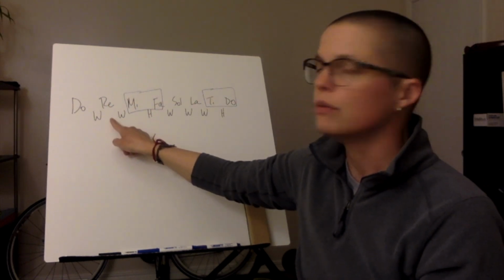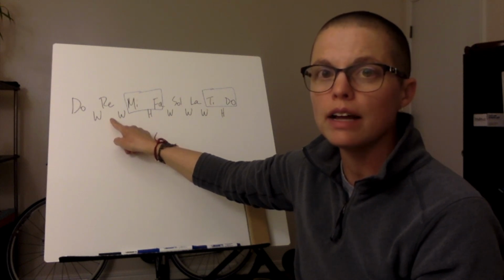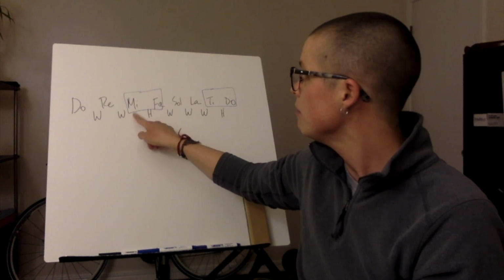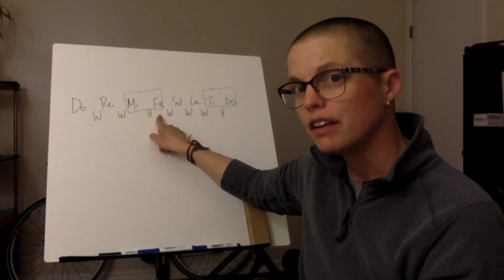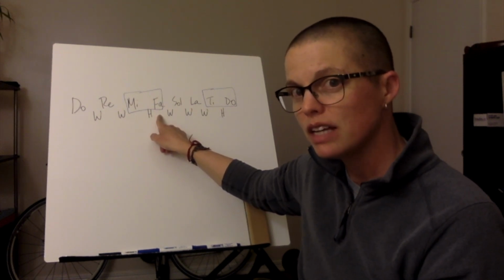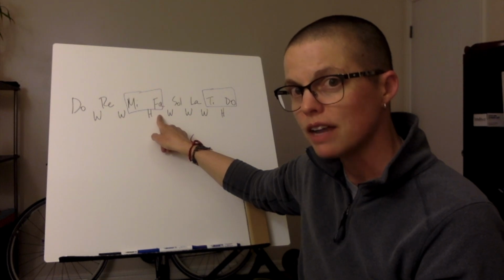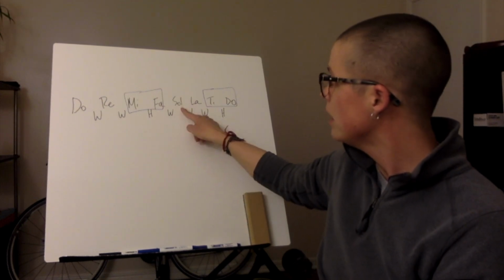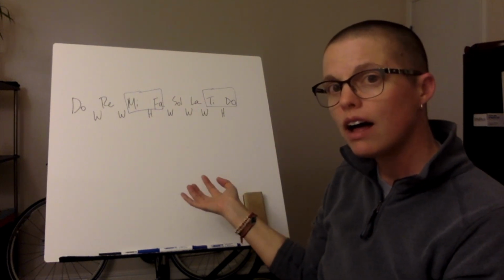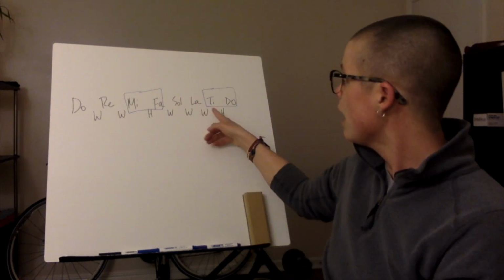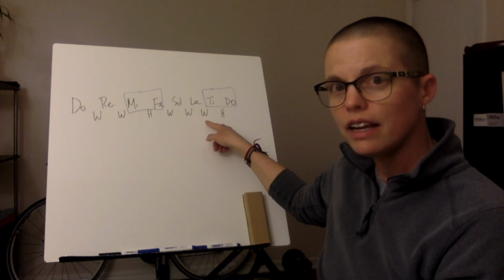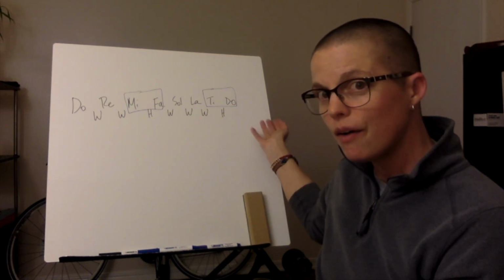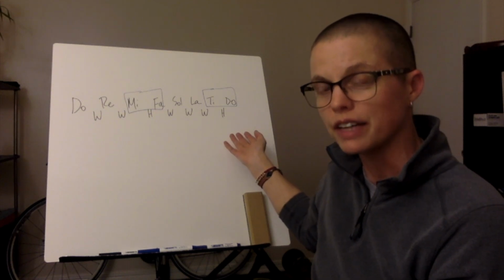do. Do to re is a whole step. Re to mi, whole. Mi, fa. There you can feel that's closer. Mi to fa is a half step. Fa, sol, whole step. Sol, la, whole step. La, ti, whole step. And then ti, do, half step. There it's closer again. Ti,